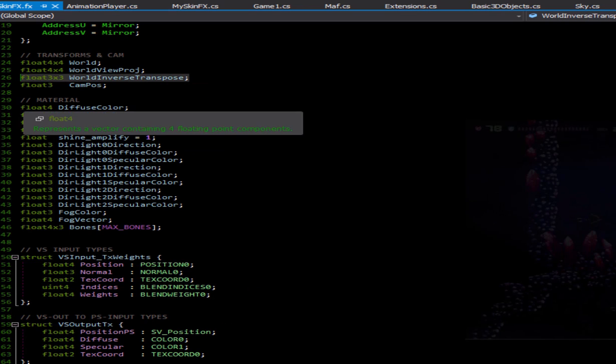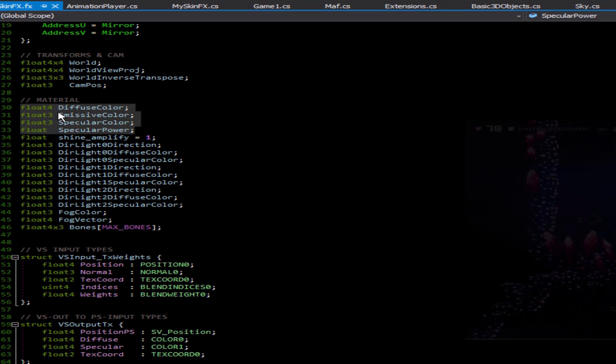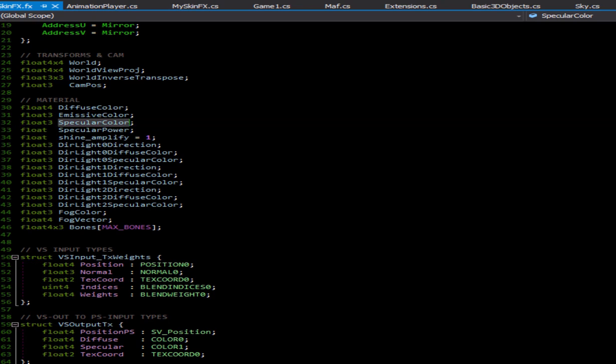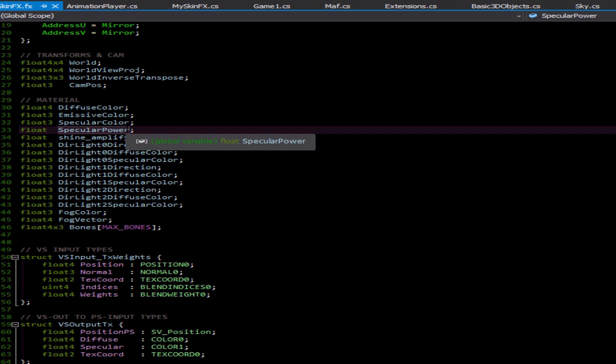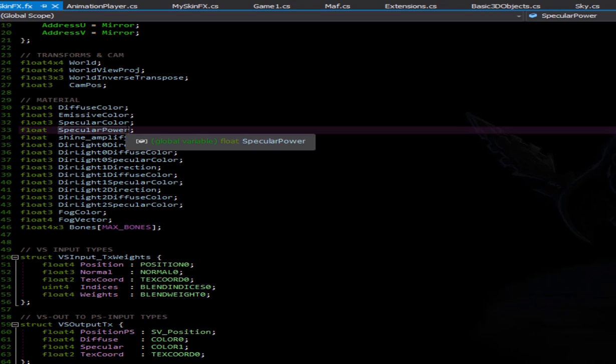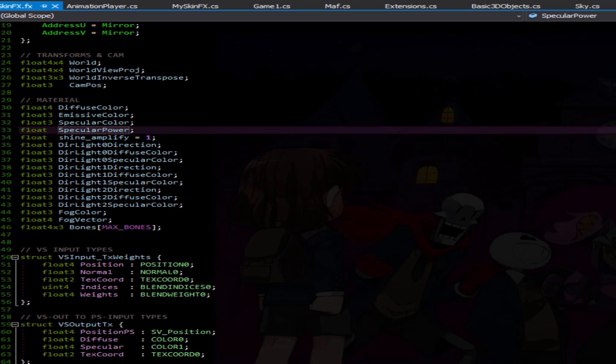This is our material. If you increase the emissive color, you can actually make them look a little bit more anime. And here we got our specular color, specular power, which is kind of how small and sharp those reflections are on the character. If the specular power is, say, 4, it's actually going to be really spread out. If it's something like 512, then it'll be very narrow shine. So if you want it to look more metallic, you'd use a bigger value.